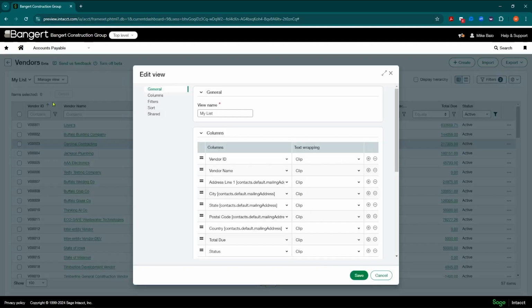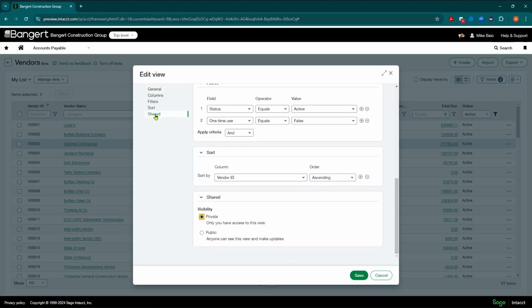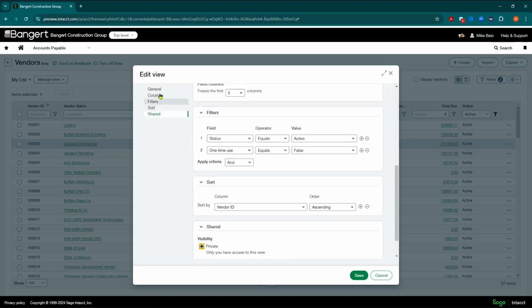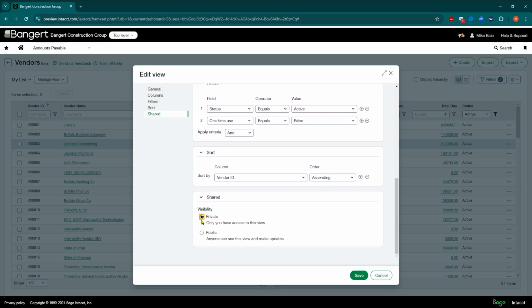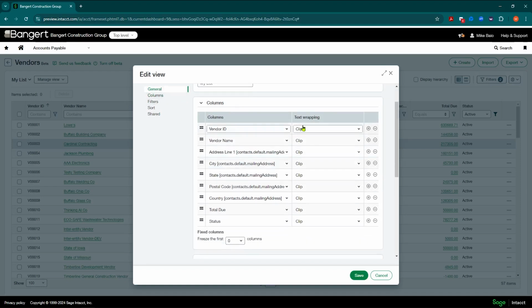From here, in there, you have this shared option. So it's no more of a wizard. It's more of an up and down here, and it's a little easier. I can make this private or public. And right now it's a private view, so it should only show up for me. And now I can go through this whole thing. I can add columns. I could wrap the columns instead of clipping them. So if I have a vendor name, I just want to wrap that column. I can add, subtract.